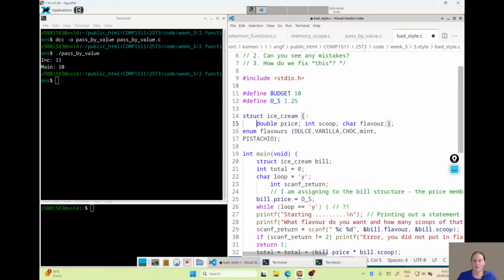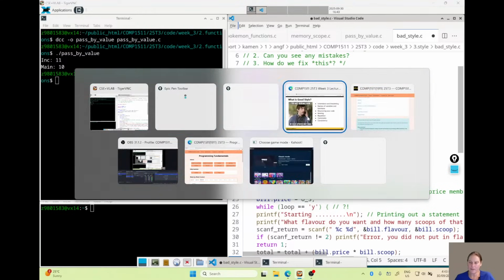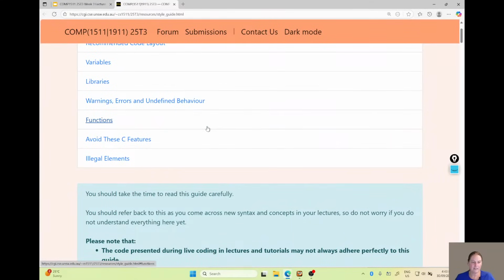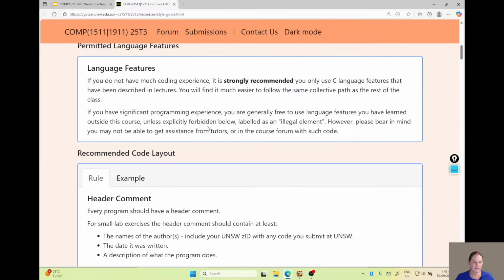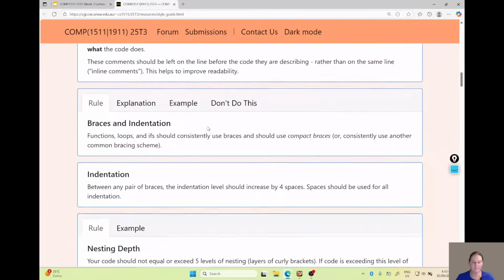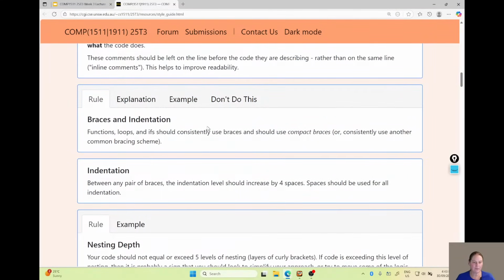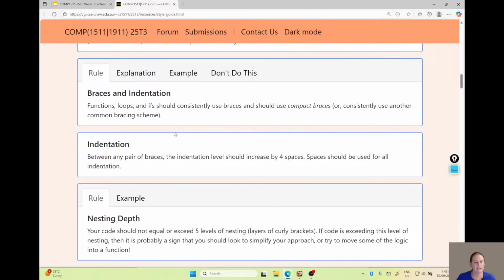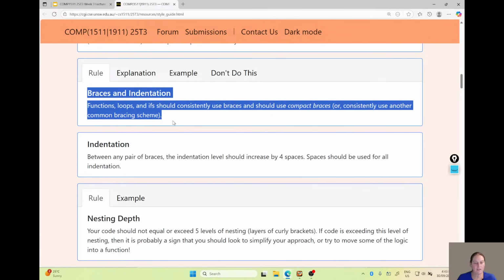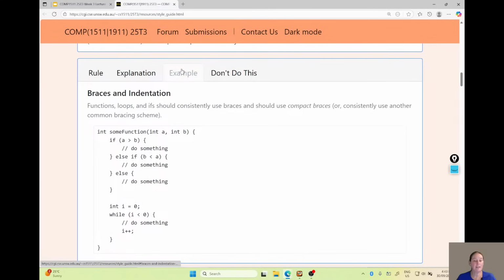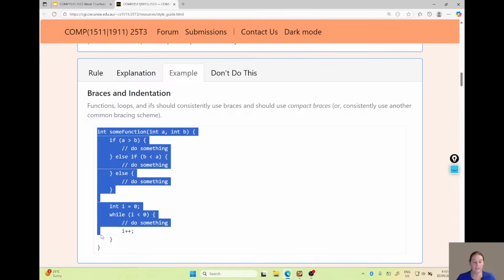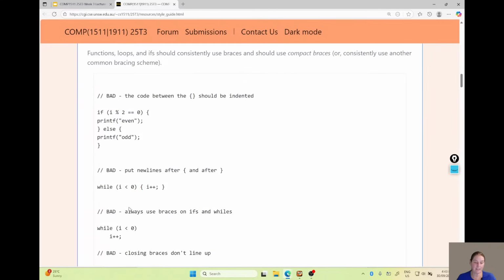Again, you can go and look up the style guide. Actually, let me flick over to the style guide. Now, the style guide tells you all about so many things, code layout, indentation, for example. A lot of the things tell you the rule, and then you can get a more detailed explanation. You can get an example of good indentation, and then an example of bad indentation.